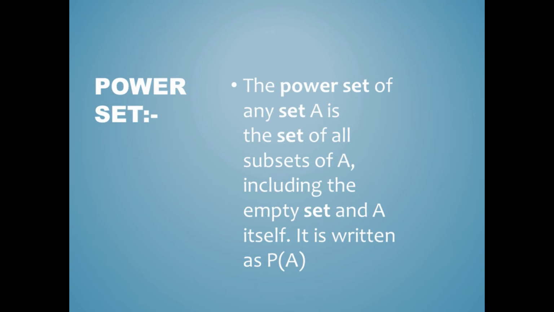Null set, empty set, you can say null set or empty set, whatever you want to say, {A}, {B} and {A, B}. Null set, set {A}, set {B} are all proper subsets, but the set {A, B} is the improper subset. The set of all the subsets is called a power set. Empty set, {A}, {B}, {A, B} are making a power set together.